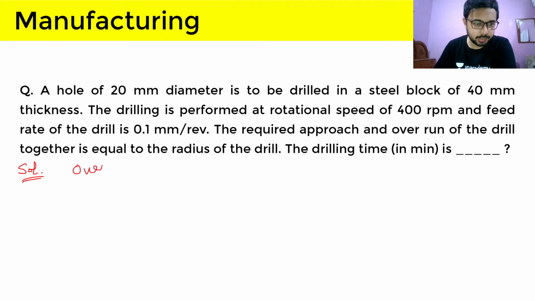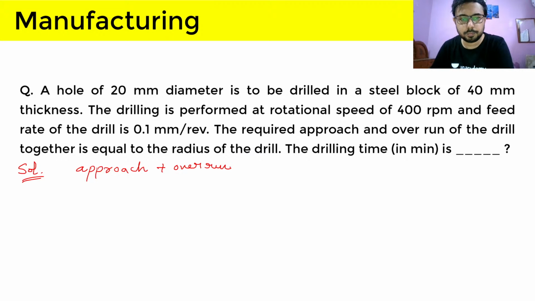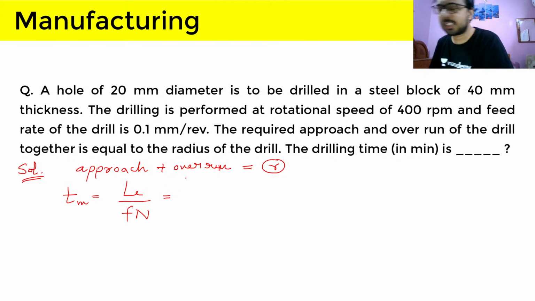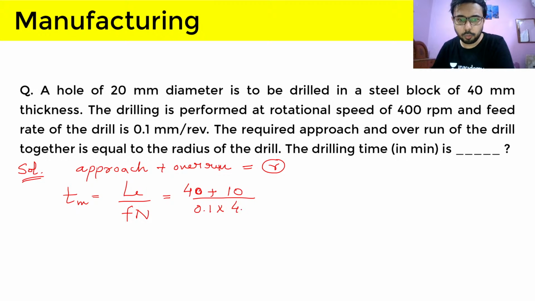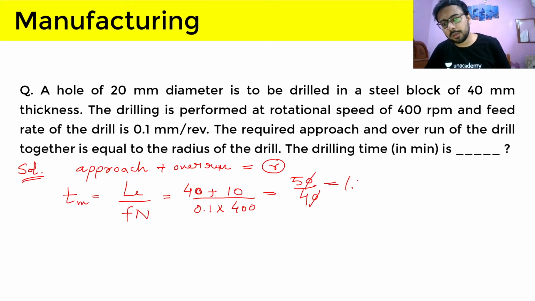Therefore we will simply say approach plus overrun is equal to the radius, and the machining time will be effective length divided by feed times rotational speed. So simply thickness plus radius of drill is 10, and we divide it by 0.1 times 400. We get this answer in minutes, so it becomes 50 by 40. It comes out as 1.25